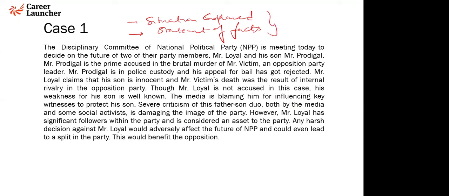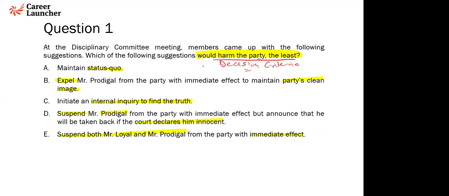Those of you who have done case studies in college, it is similar. The case, the situation, the facts of the case are given to you. And when you go to the question, each question will give you a different decision criteria, or the decision criteria is usually given inside the question. Based on that decision criteria, you have to then take the right decision. The critical thing here is: what is the decision criteria for you? Once you pick up the right decision criteria, the task becomes that much easier.